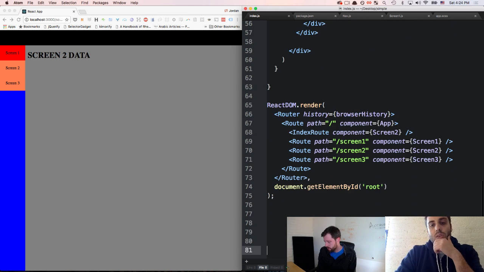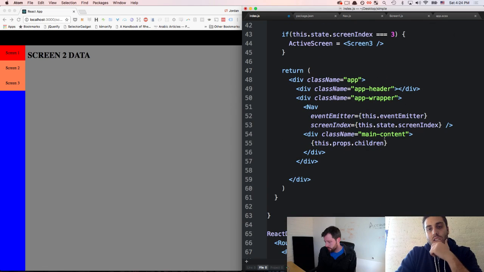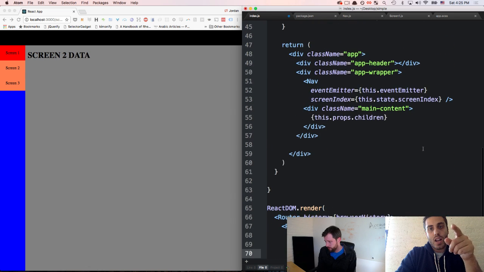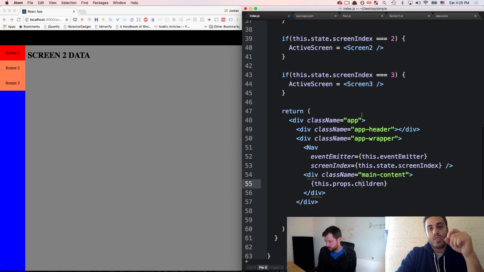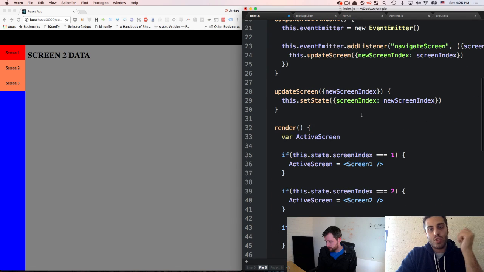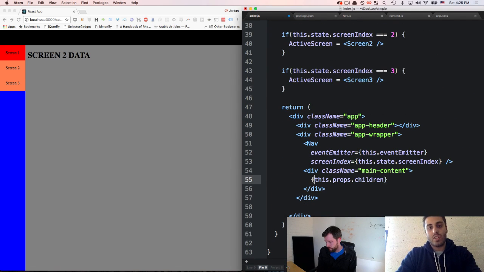So one of the things that we're going to need to do here is, first off, this.props.children is great because it's injecting screen 2 into here, but screen 2 isn't getting any props. It's not getting the event emitter. So we need to wrap, like there's this thing that you need to do, which is like